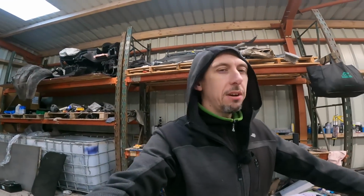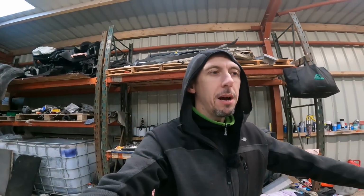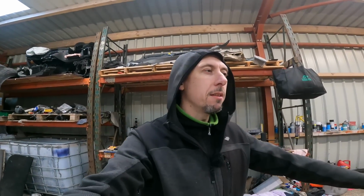Just before we do go into the car, for you guys that watch the auctions at the moment, having had a bit of a time away and knowing where the market was in terms of selling stuff, I was expecting stuff to be pretty cheap at the moment, and I was massively surprised. Some of the cars, I was trying to pick up a couple of flood cars in all fairness, and they were just going for absolutely insane money. And as far as I'm concerned, stuff isn't really selling, so I don't understand why people are spending so much